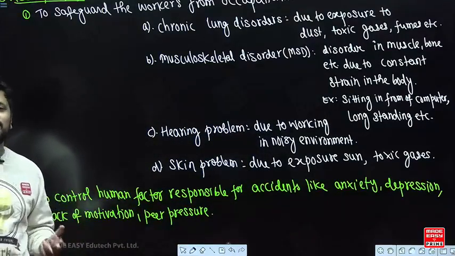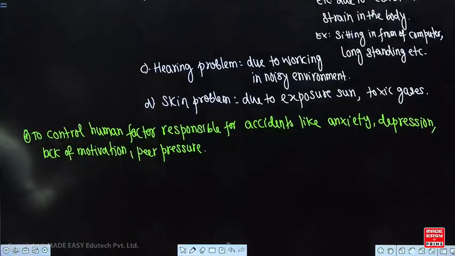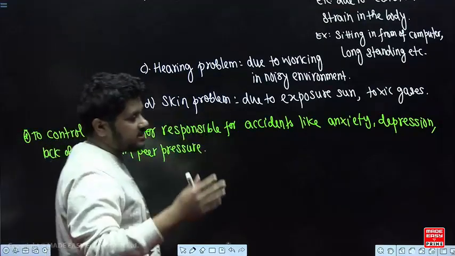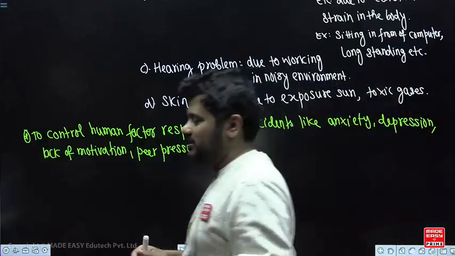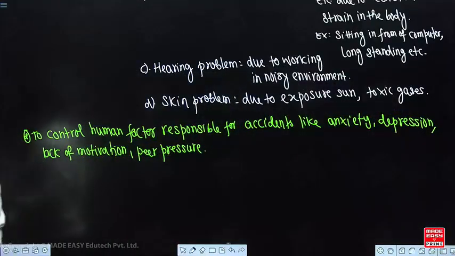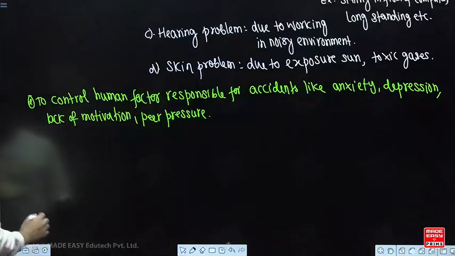लैक ऑफ मोटिवेशन, द वर्क इज सच दैट इट इज नॉट एबल टू मोटिवेट यू, है ना, लैक ऑफ मोटिवेशन। पीयर प्रेशर, यू आर वर्किंग अंडर वेरी pressurized condition, maybe due to the senior or maybe due to the supervisor or maybe the deadlines, so due to this there will be peer pressure और जिसकी वजह से the human has the tendency to do certain mistake, correct, ये हो गया. So this was the fourth, and the last point of this chapter,